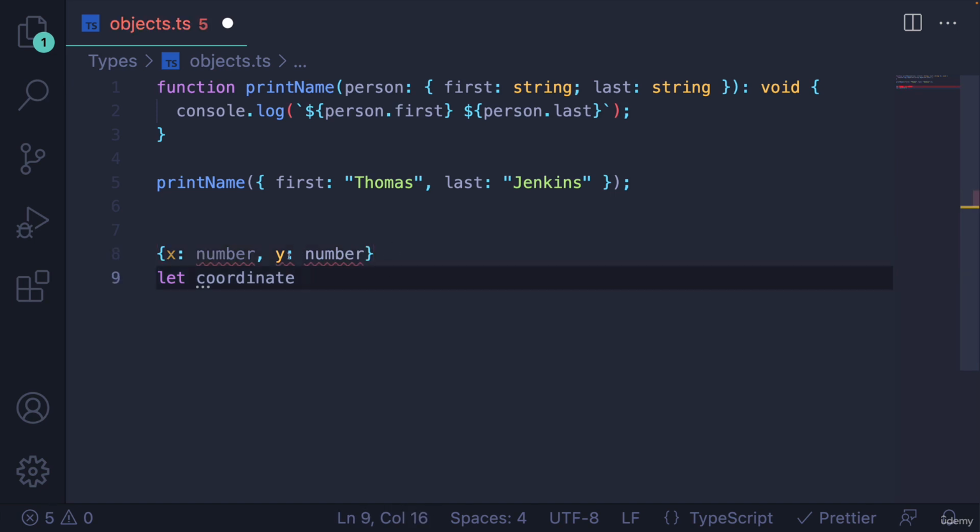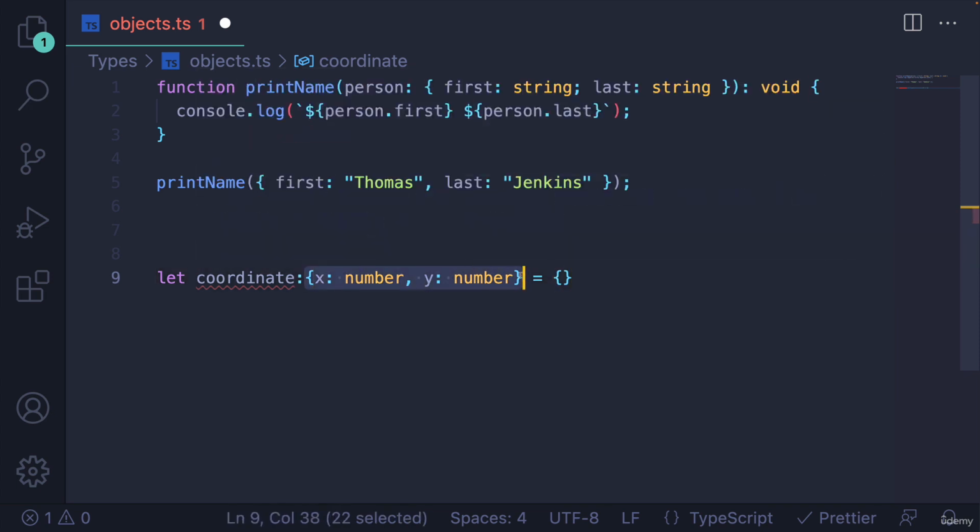Okay, if that is the shape I want for coordinate, I can specify that manually, just like I would specify string or number. But instead of specifying a single type like that, I add in my object type like this. So coordinate is of this type, and then I set it equal to the actual object. This is what's kind of confusing to people. This is the type. Now these curly braces are the actual object, and I would say X is 34, and